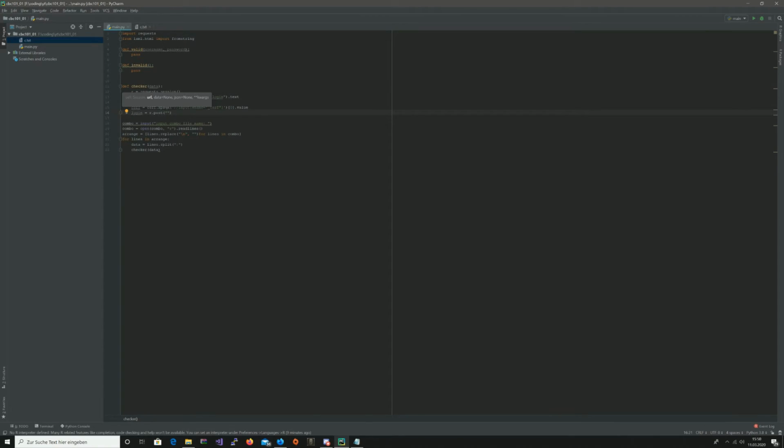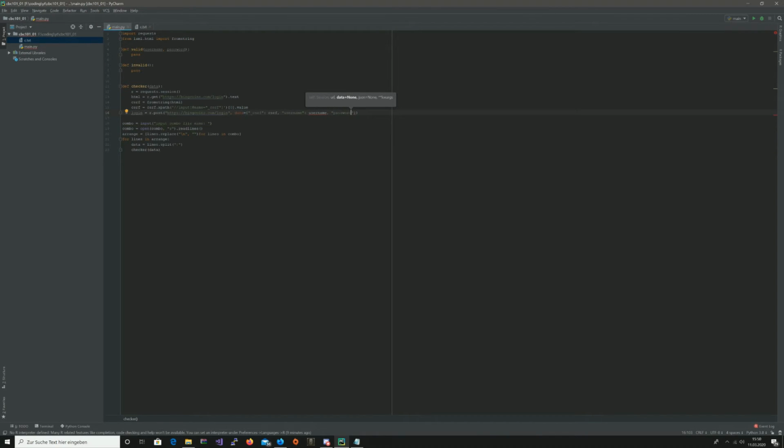So we're going to put that in. So the URL, comma, data equals _csrf, username